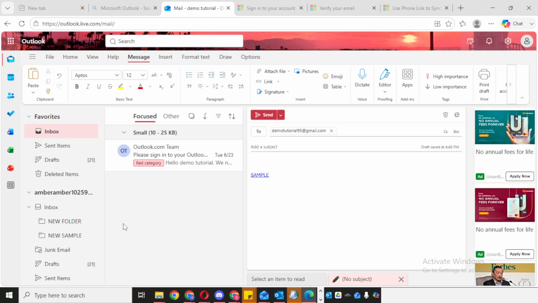That's all you need to do to find the missing folder pane in Outlook. Open Outlook, find the hamburger icon on the left side, and click it to bring the folder pane back. It's a simple adjustment, but it can make a big difference in how easily you navigate your email.